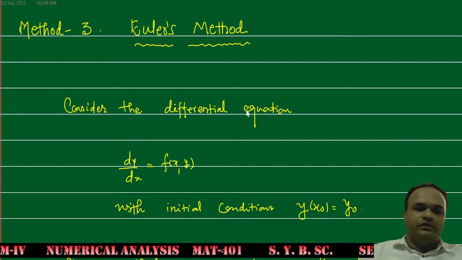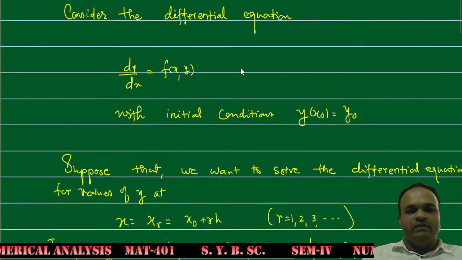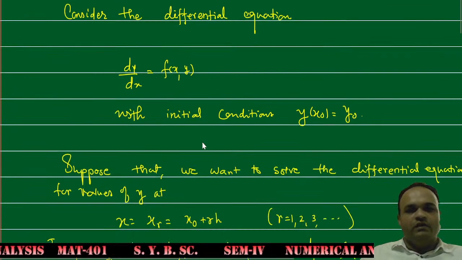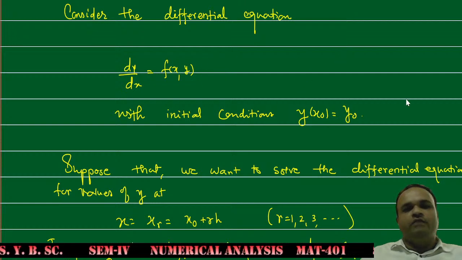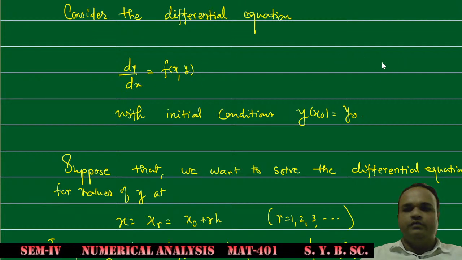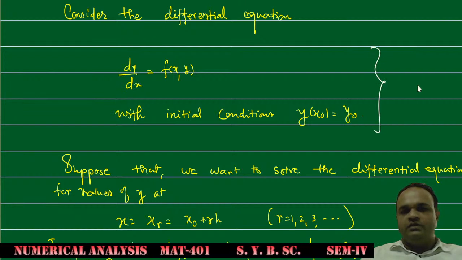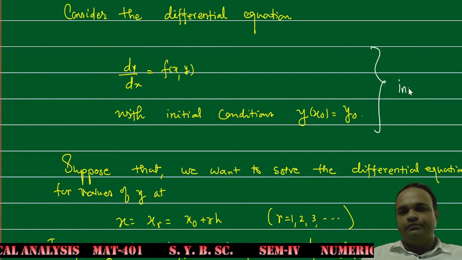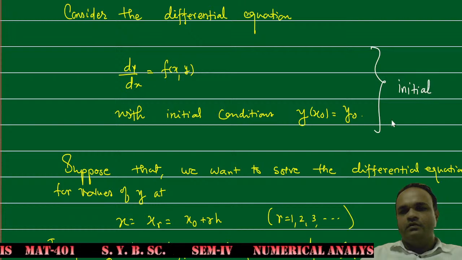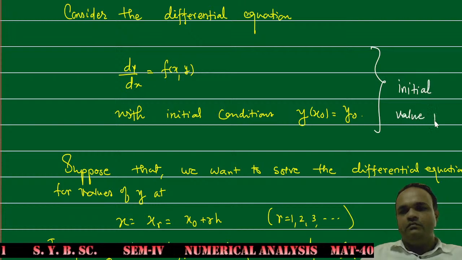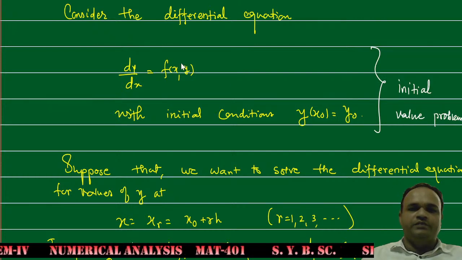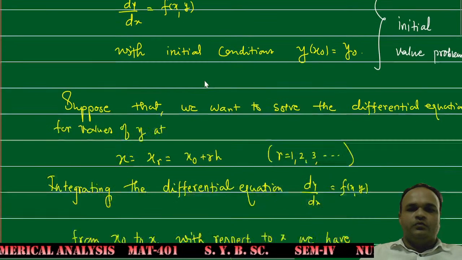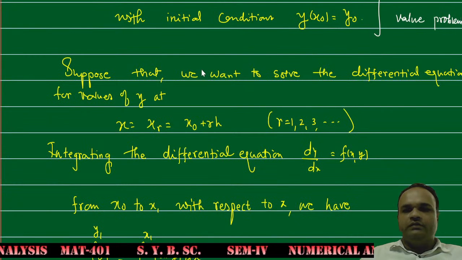So, consider the differential equation dy by dx equal to f of x, y with initial condition y of x0 equal to y0. We have already seen this; this problem is called an initial value problem. So we solve this initial value problem using Euler's method. Suppose that we want to solve the differential equation